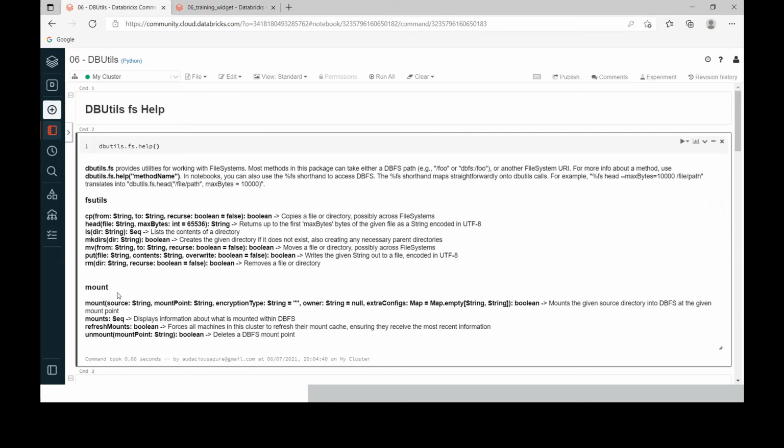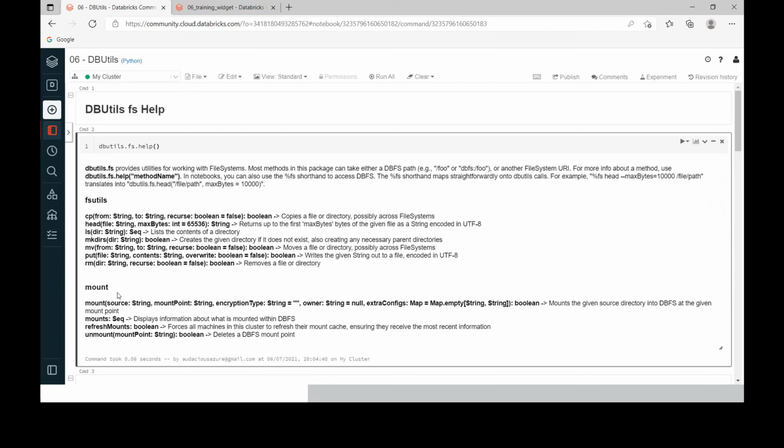And the last one, mount. There is a concept called mounting. In Databricks, if we have to interact with an external file system, the first step is we have to mount. For example, sometimes we have to work with Azure Data Lake Storage or an Amazon S3 bucket. So first we have to mount that storage location to Databricks. Then Databricks will treat that as a local folder, and we can work on that path.